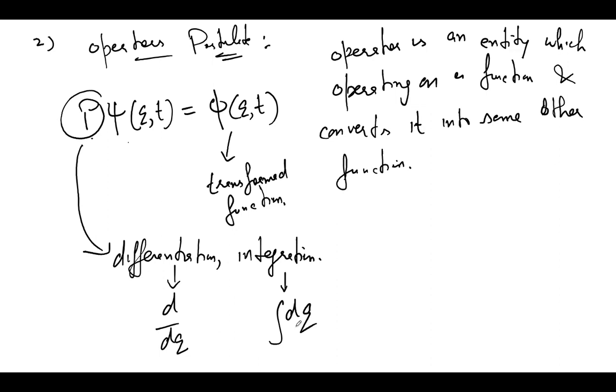And the second postulate of quantum mechanics is that with every observable there is associated an operator which can operate on a state function. This operator P, under some quantum considerations, must satisfy the following properties. The first property is that the operator must be linear. What does it mean? It means that if u and v are arbitrary operands, the operands being the functions on which the operator is applied,